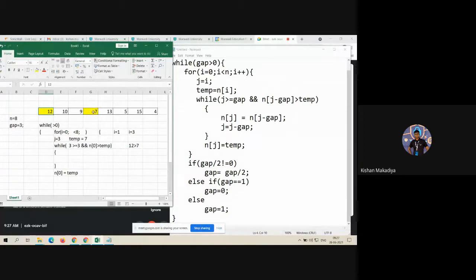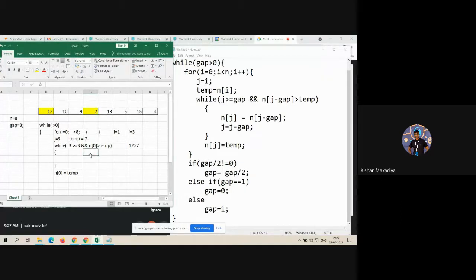At the time we are just simply swapping here. Up to your first gap, meaning less than gap, there is no change, nothing. 12, 10, 9 as it is. Now your first comparison in a while loop, we are just comparing n of 0 and n of this one, or you can say the temp. That means temp, as I just recall from insertion sort, this is your new element 7. And in your current insertion sort, only one element, n of 0.